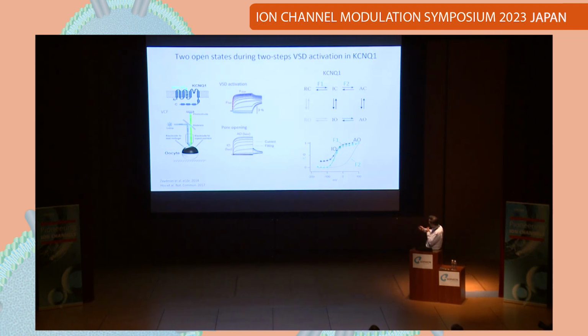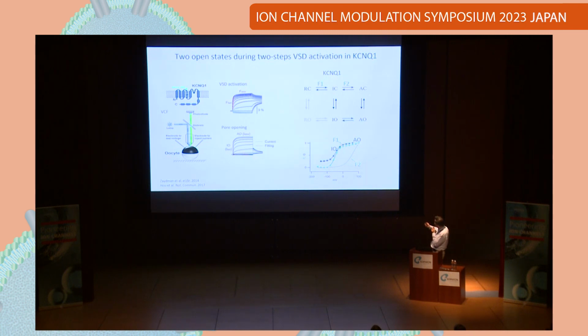You have the voltage sensor activation from the resting step to the intermediate step, and then from the intermediate step to the fully activated step. In both steps, we see that the channel opens. See, at this F1 step, the channel already opens. So this is the GV curve, and then it remains open at the